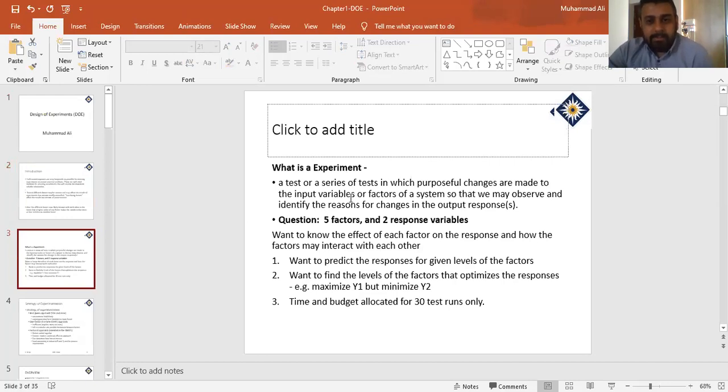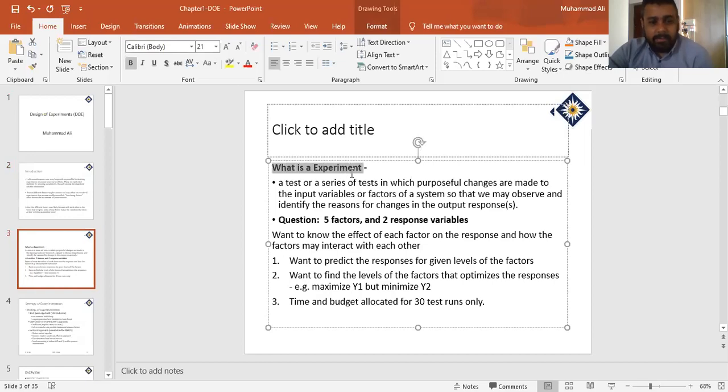So first of all, we are talking about laboratory engineering. We are here to conduct experiments. So first we need to know what exactly an experiment is. Well, what is an experiment? It's a test or series of purposeful changes made to the input variables or factors of a system. So if I show you on the